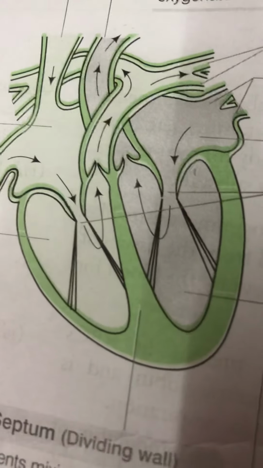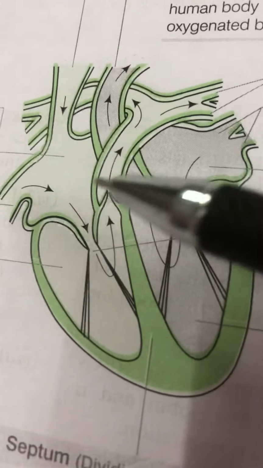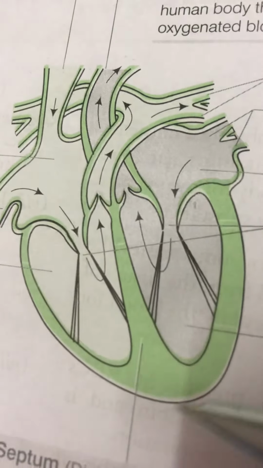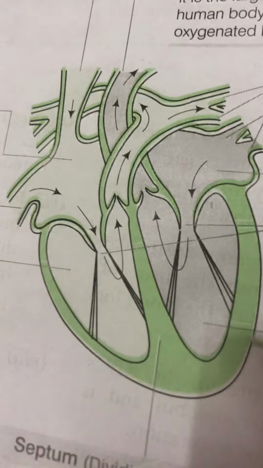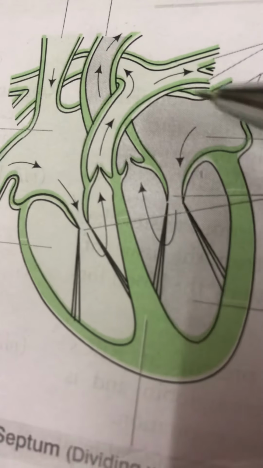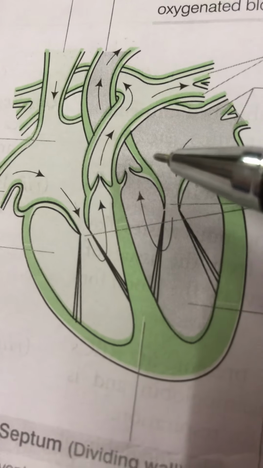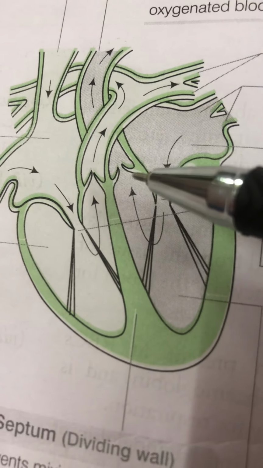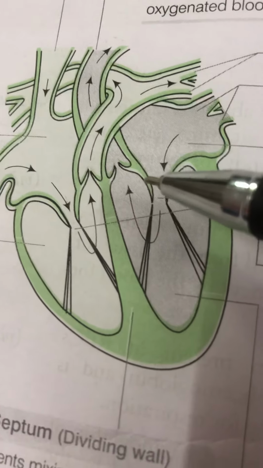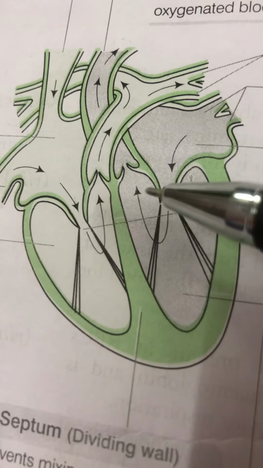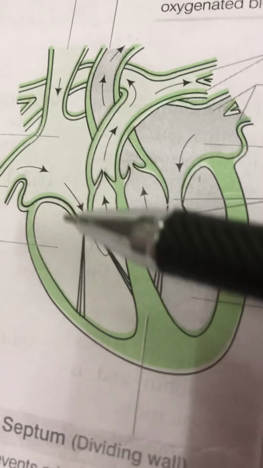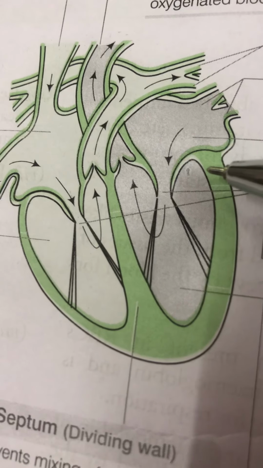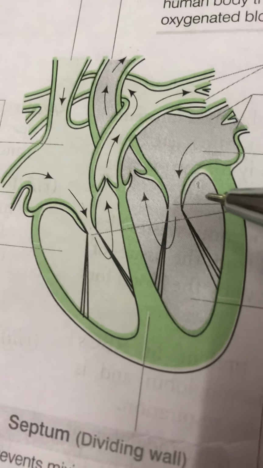We will talk about the human heart today. Human heart, it is the pumping organ of the body. The major function performed by the heart is to pump the blood into the various blood vessels, majorly the arteries. So we call the heart a pumping organ. It is made up of very special muscles called cardiac muscles.